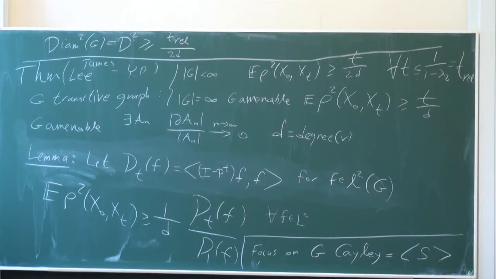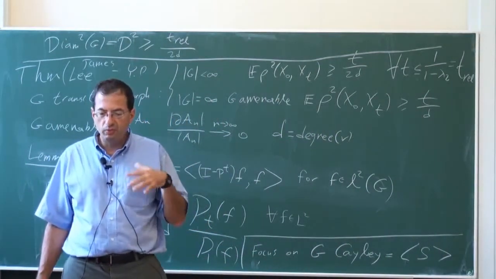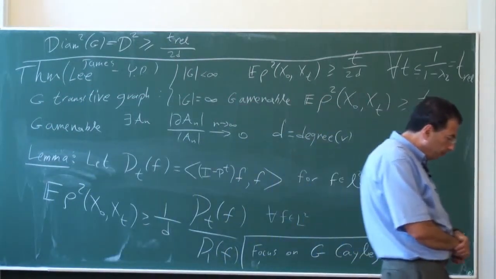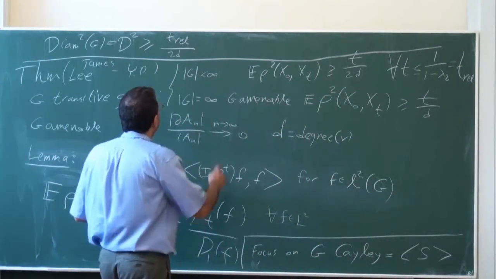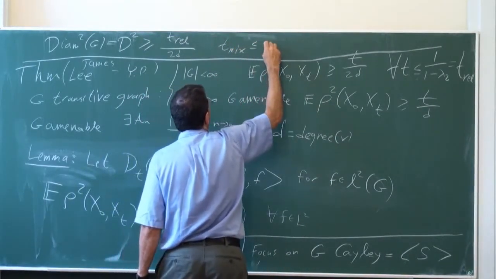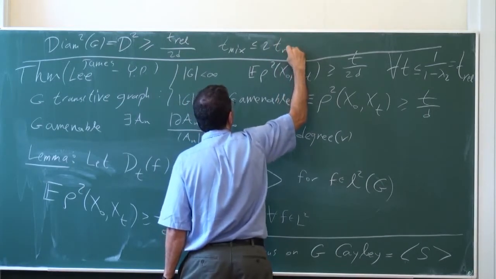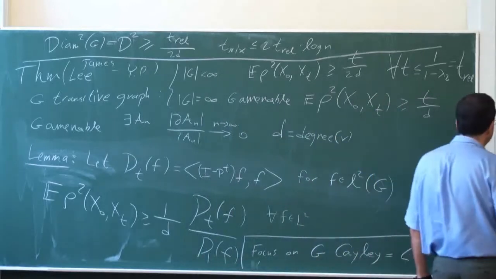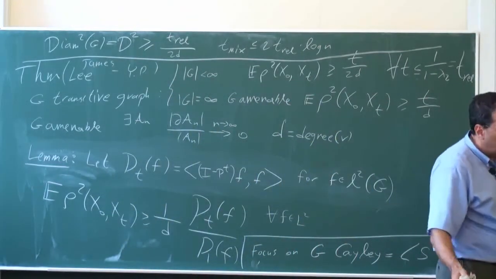Okay, so we contrast that with the lower bound we got earlier today, which is on any graph, where we got a lower bound for the mixing time of the diameter squared divided by a constant times log n. Now, there is a well-known standard inequality, I won't go into it, that the mixing time is always bounded, up to a constant like 2, it doesn't matter, by the relaxation time times the log n. Okay, so combining these things, we know that the mixing time